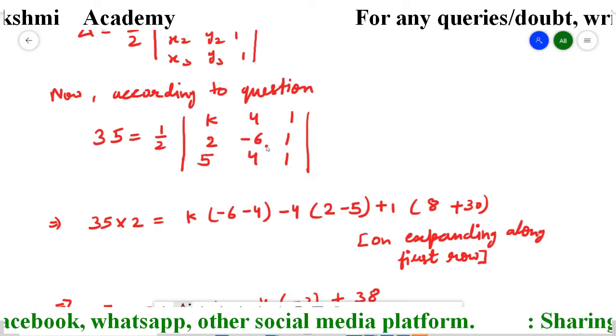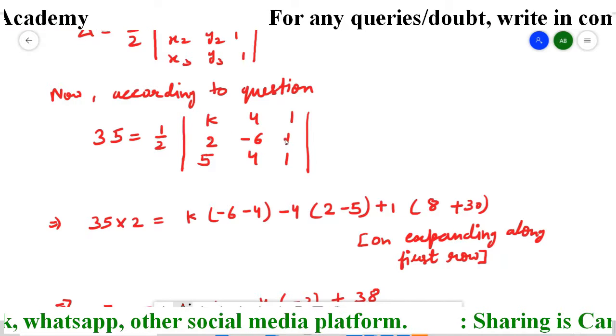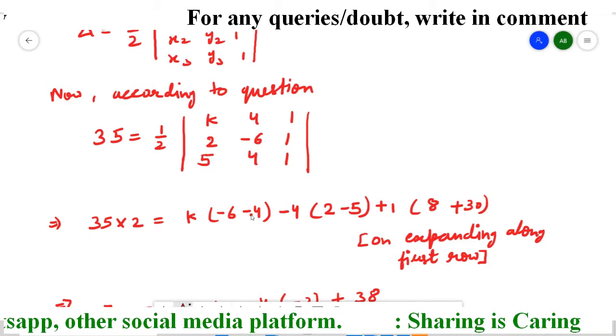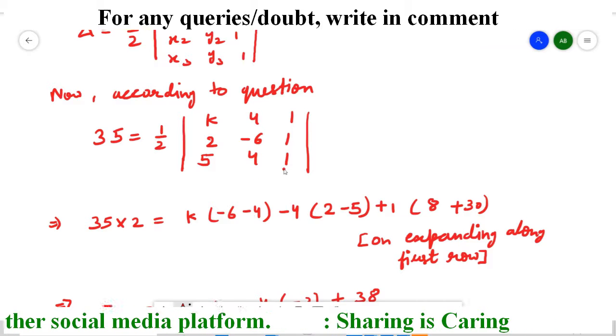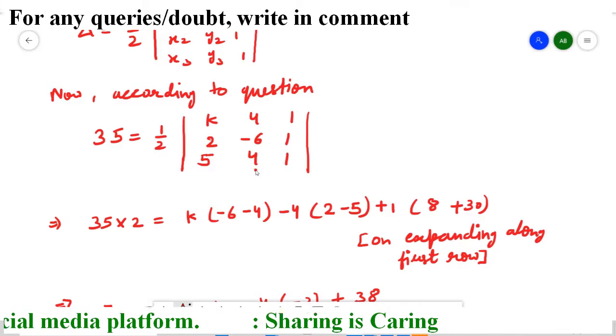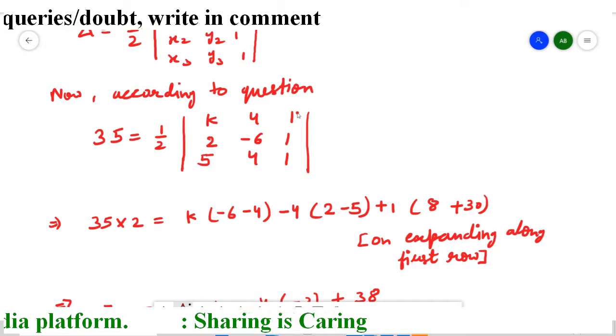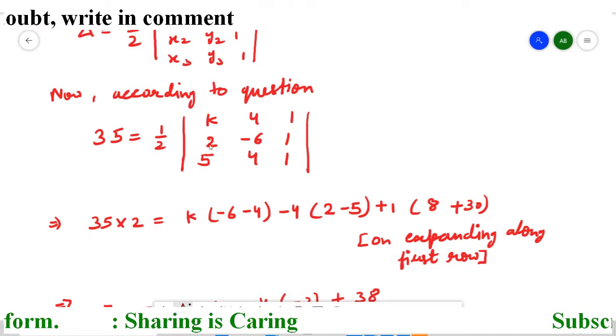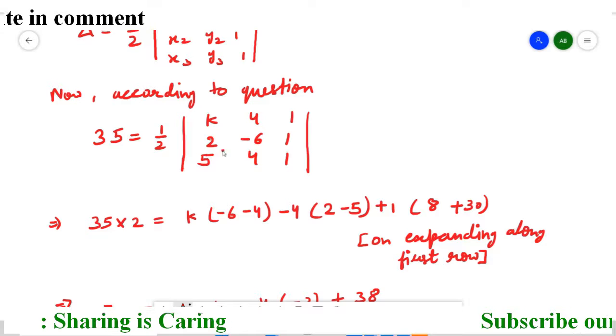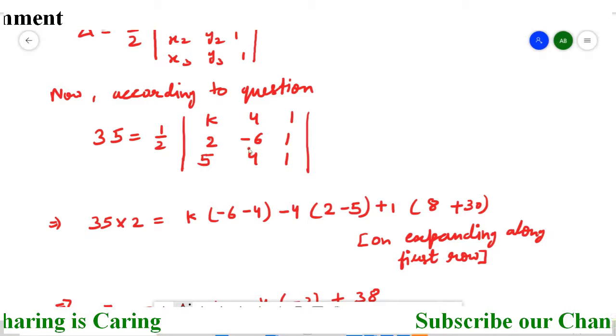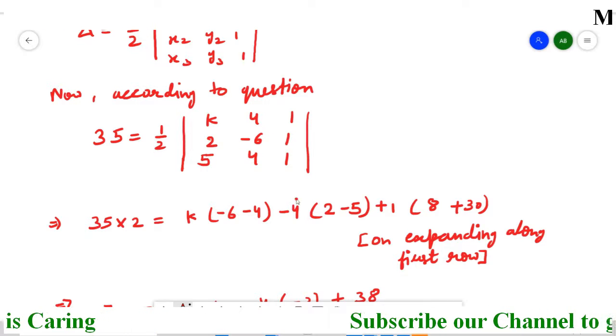In these 4 terms, the first cross is this one. So 6 into 1 gives 6, then 4 into 1 gives 4. And the minus sign is because of the formula, then minus 4. Now for the minor of this, just cross this column and this row. So we remain with the 4 elements, that is 2, 5 and 1, 1. So the first cross is always this, that is 2 into 1 gives 2 and 5 into 1 gives 5.